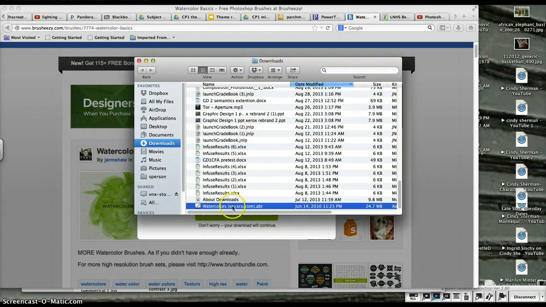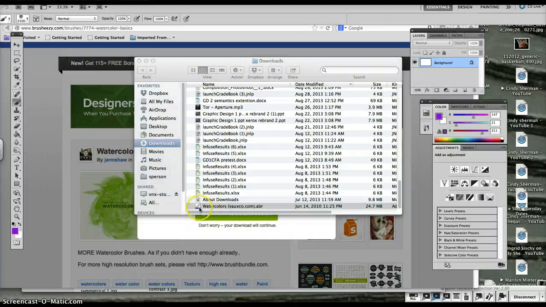And we're looking for this file right here. Now, when I double click on that file, nothing will appear to have happened, but you'll see it kind of jump just a little bit. So you saw that little icon jump right there. If you didn't see it, go back and look at it again before you double click on yours. Nothing will appear to have happened, but in Photoshop,